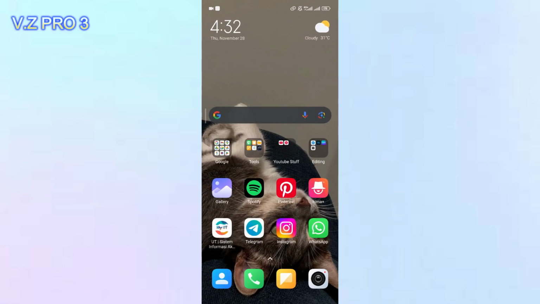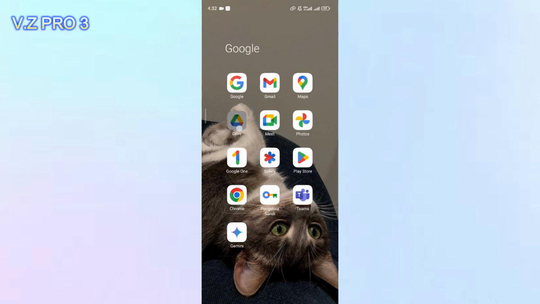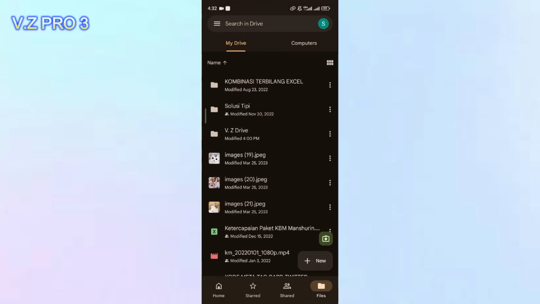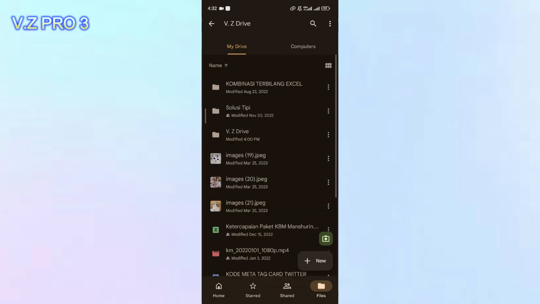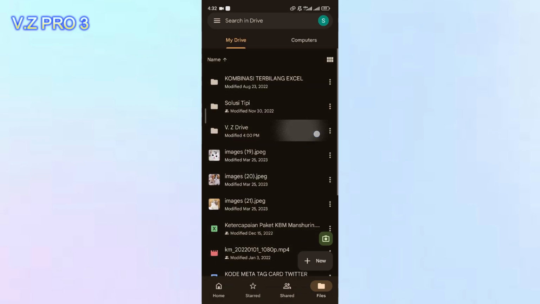In this video, we'll show you how to share Google files, files from your Google Drive with a link. So how to do it is so simple. First of all, we have to open our Drive. Now, I've made a folder on my Drive, and I want to share this folder, these files,